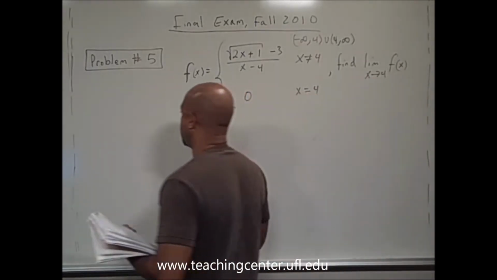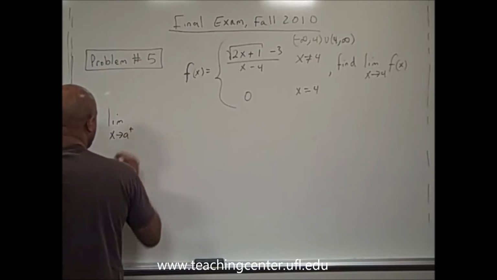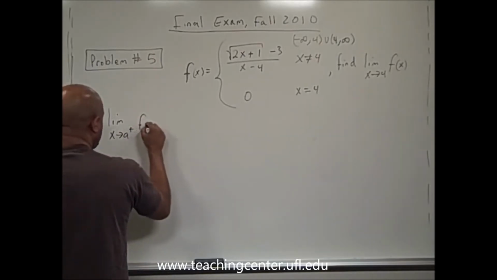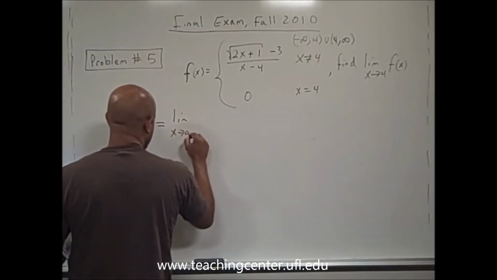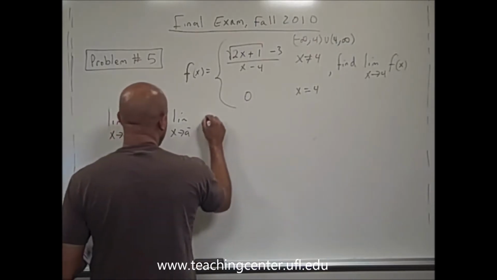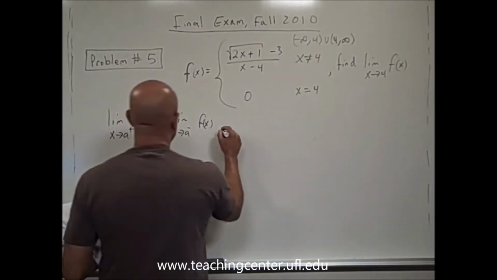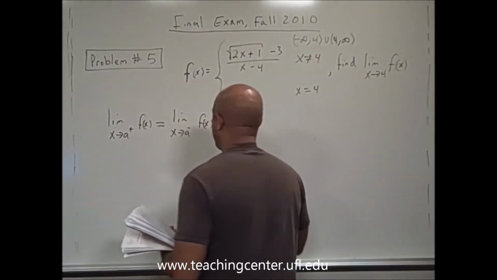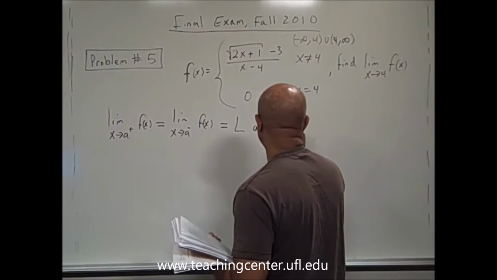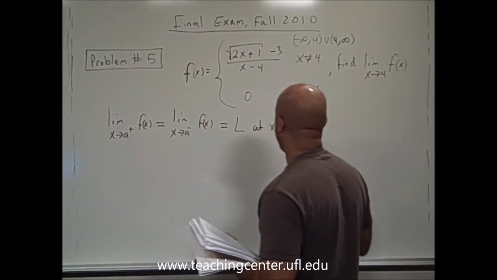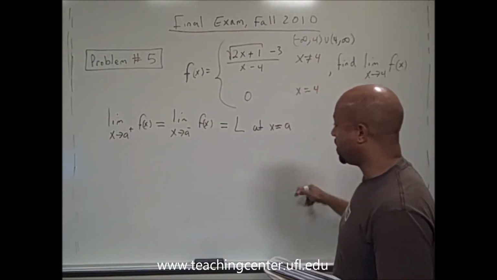So the limit basically says that if the limit as x approaches a from the right of a function is equal to the limit as x approaches a from the left, and this condition is true, then you have a limit L at x equal to a. Okay? Now, what this actually means is that